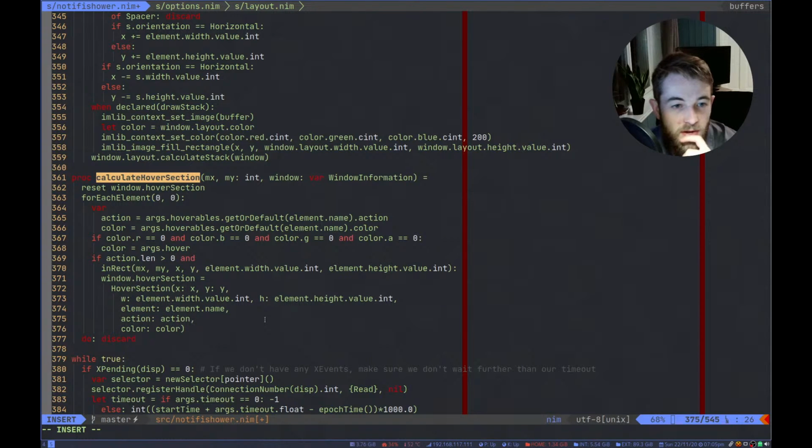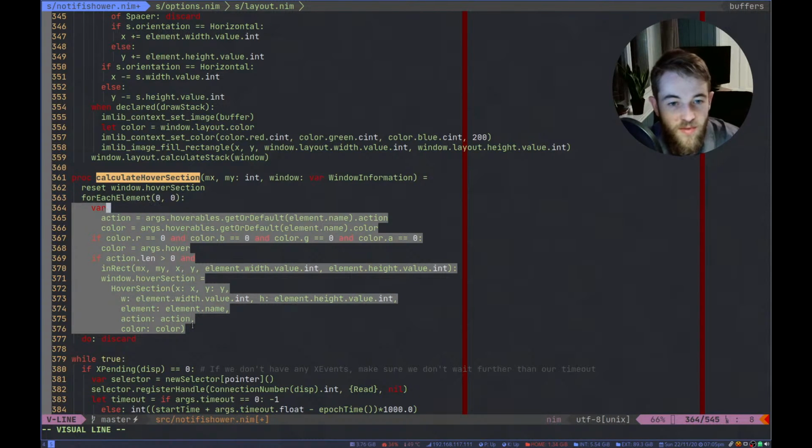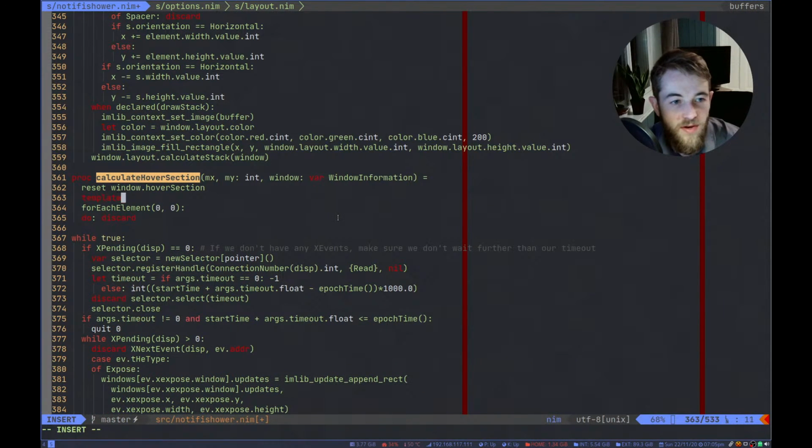So basically we want to do the exact same thing, but with stack name instead of name. And this is a nice thing in Nim. Normally it would be hard to do this in another language. Well, I guess not. You could make a function that took this in as a string. But what we're going to do here is make a template.